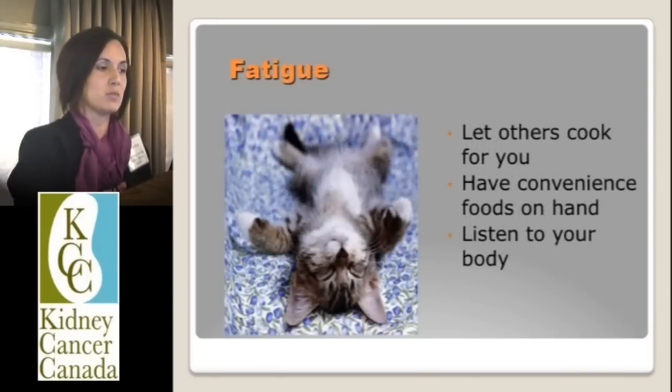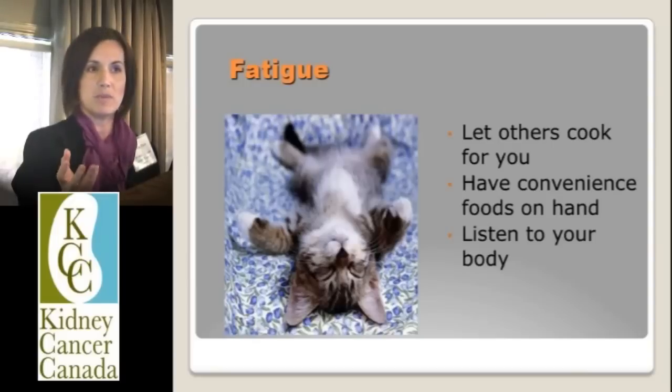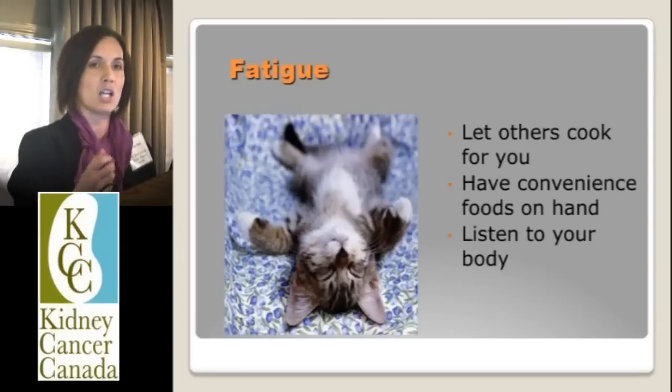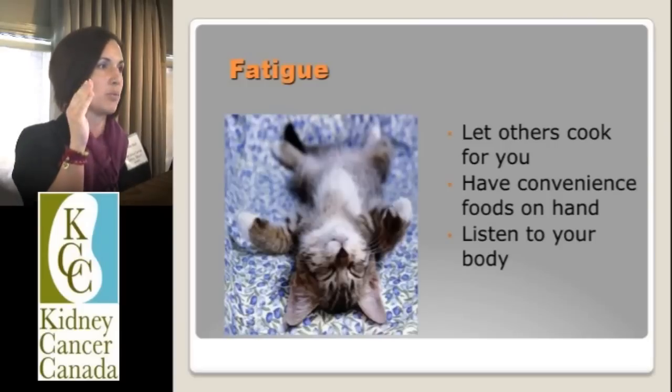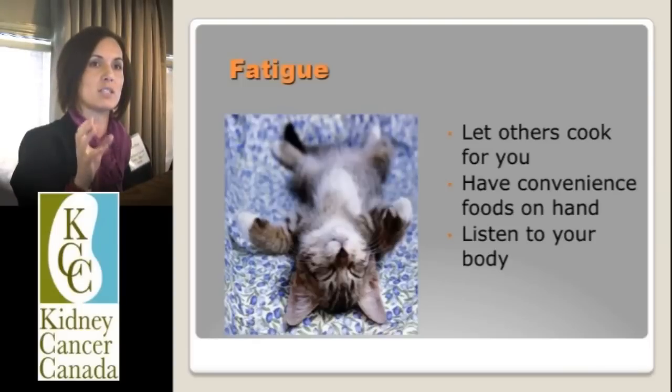Fatigue is very common as well. Could be caused by disrupted sleep patterns, not eating regularly. If you have a decreased appetite, you may be skipping some meals, so that's going to lend to decreased energy levels. Or if you're just choosing the wrong foods, like, oftentimes people feel like they need a little pick-me-up, they'll go for a cup of coffee or a chocolate bar. Well, that's going to spike your energy temporarily, but then you're going to crash down and probably feel worse than you did before. So you have to make the effort to choose snacks, small amounts but frequently, and what you do choose needs to be